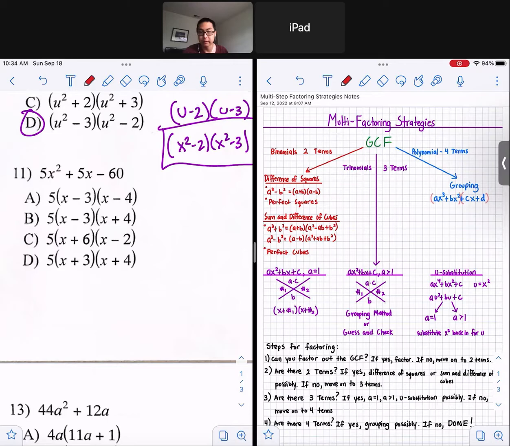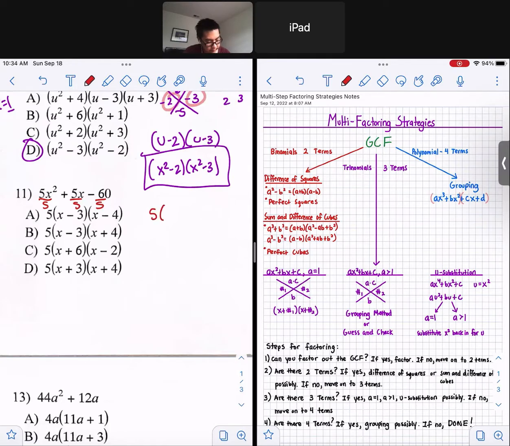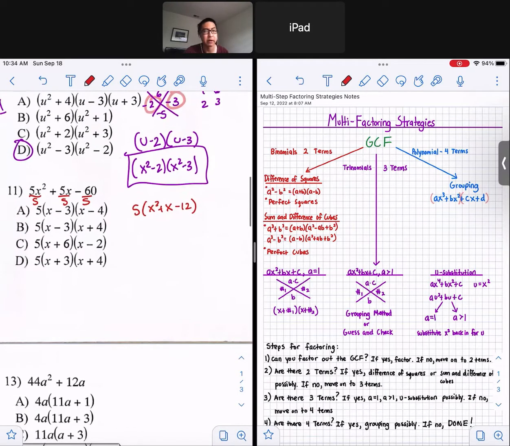Number 11. Can we factor out something from each term? Yes, we can divide each of these by 5. x squared plus x minus 12. Now, how many terms do we got? We got 3 terms. So is this an a equals 1, a greater than 1, or u sub? This is definitely going to be an a equals 1 case because there's a coefficient of 1 in front of the x to the second. So this is just a straight